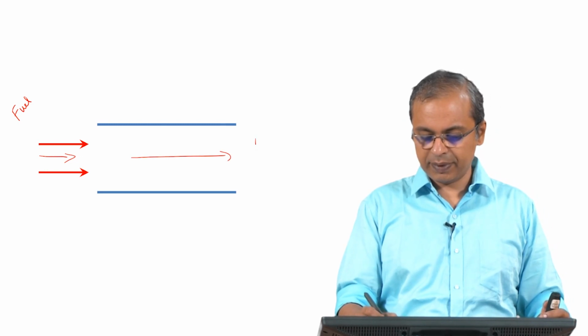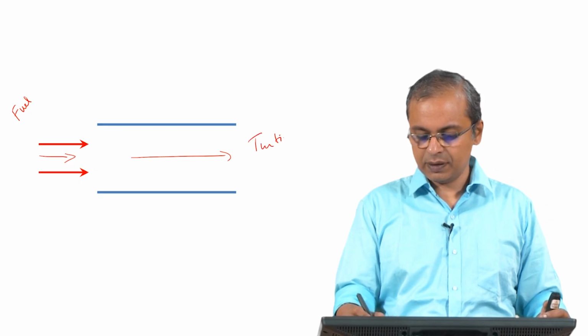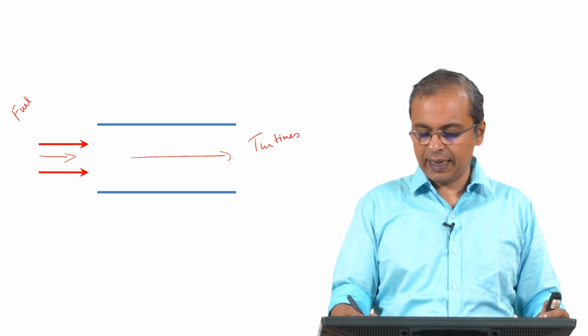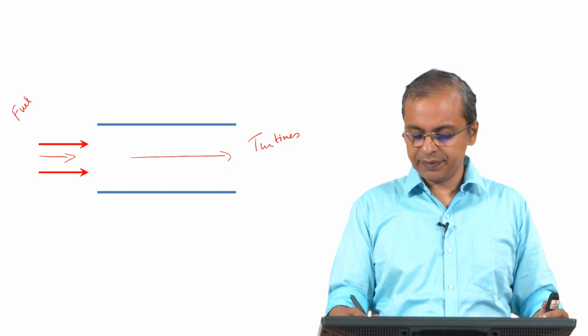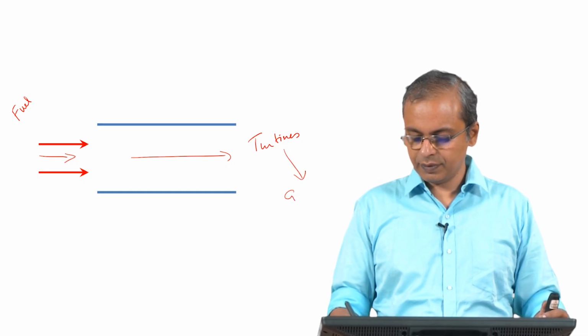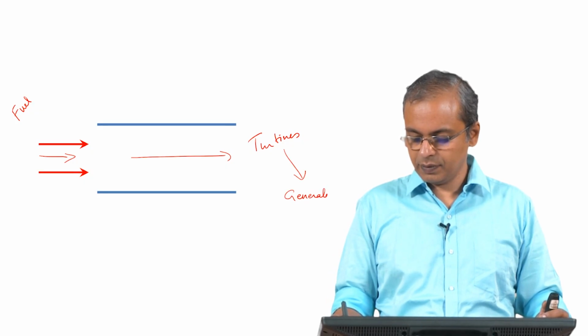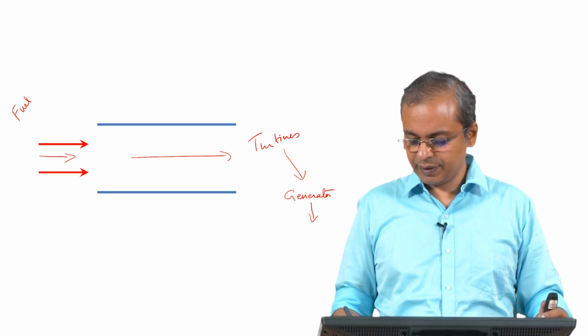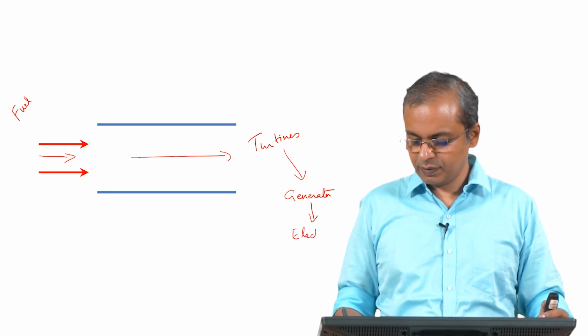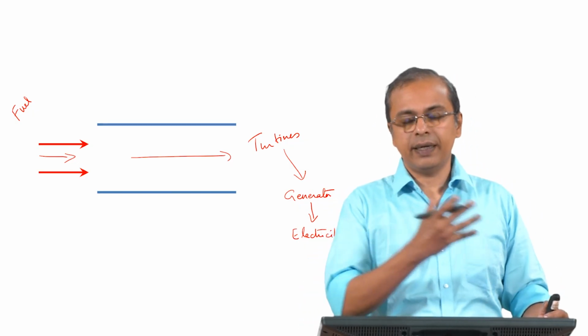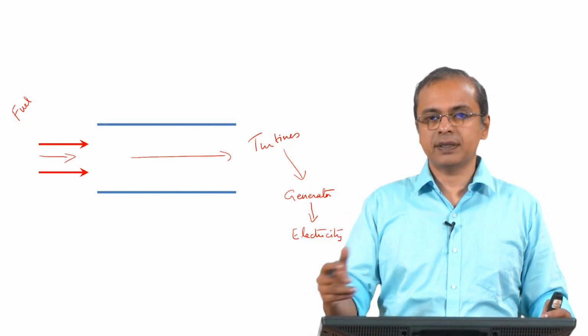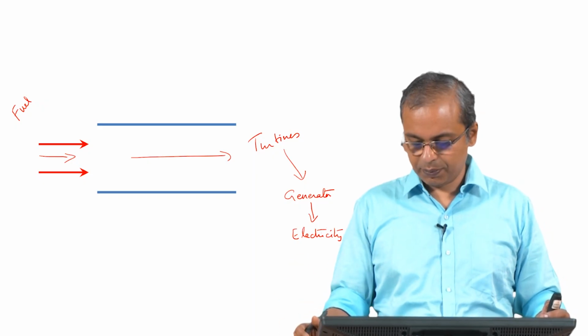So, maybe let us say turbines that rotate, and that is connected to a generator, and then we get electricity. So, our output is electricity, input is some fuel which is burnt, then moves through this process